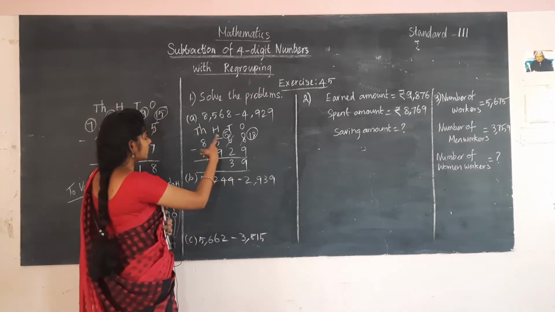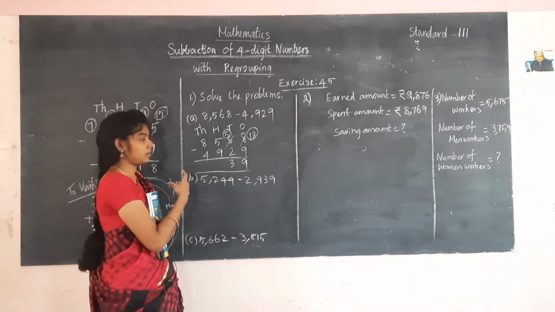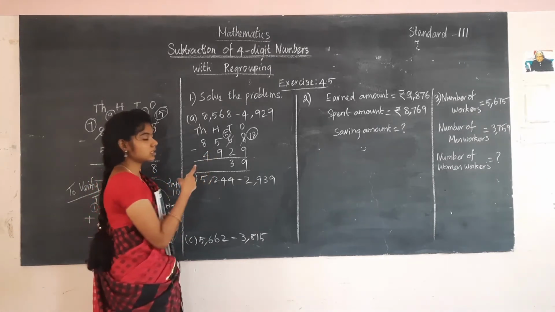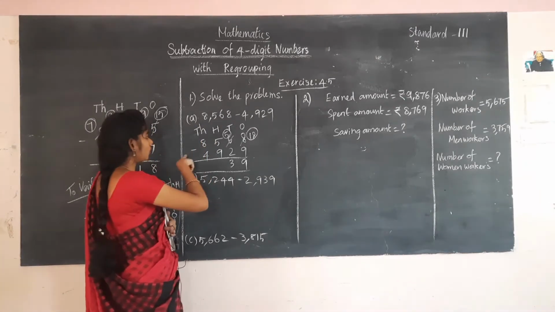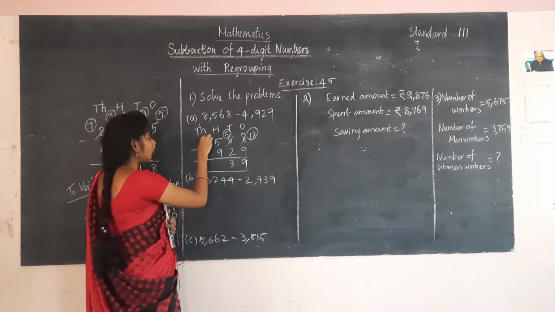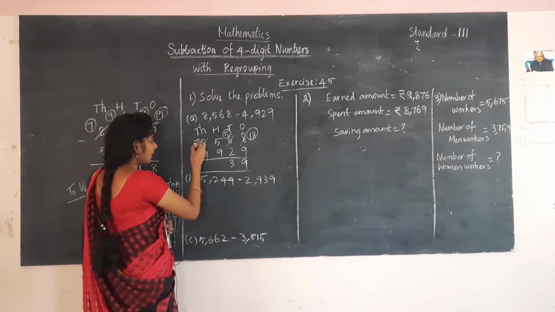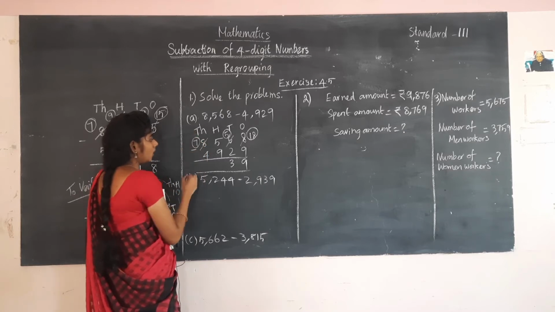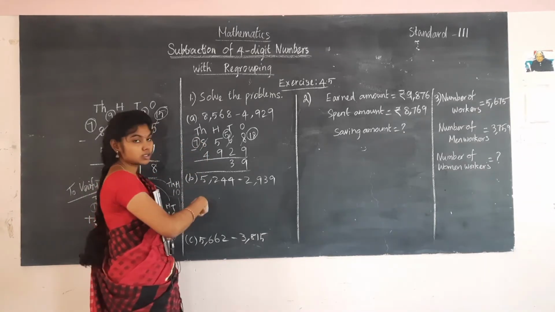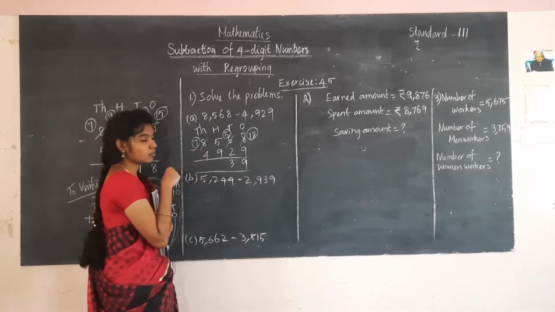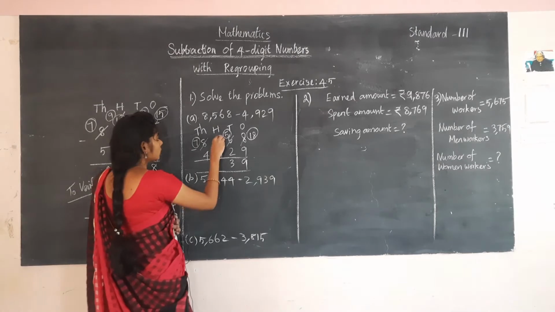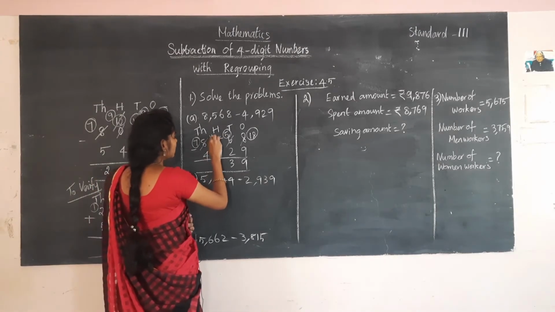And next to the tens place you have to subtract the hundreds place number. Here there is 5, here there is 9. So which is the smaller number? So you have to borrow the number from the thousands place. How will you borrow? You have to write the before number of 8, which is 7, in the thousands place. And now after borrowing 1000, you will get 10 hundreds. So 10 hundreds plus 500 is 15 hundreds. So cancel that 5 and write it as 15.